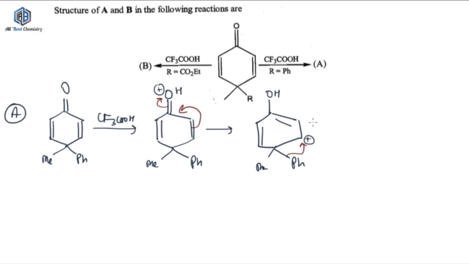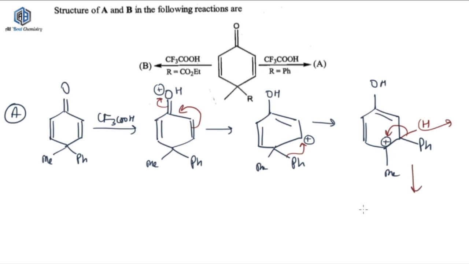Okay, so next a more stable carbocation will be formed, because this was a 2-degree carbocation. So you have methyl over here, you have pH over here, so OH and a carbocation at this particular place. Now again, the last step was what? We were having a proton over here, so this proton will be given back to the acid and this bond will shift back to give you the final product, that is nothing but